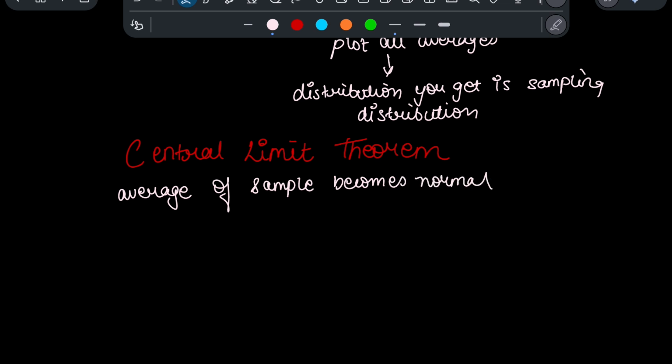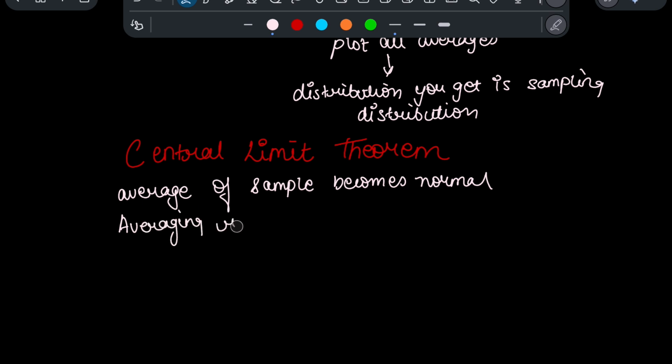So why do averages become normal? This is the part where the average audience says, now I get it. Each sample mean is formed by averaging many independent observations. When many independent effects combine, the extreme values cancel out and the random fluctuations are balanced. So the result stabilizes around the mean. In simple words, averaging reduces randomness.